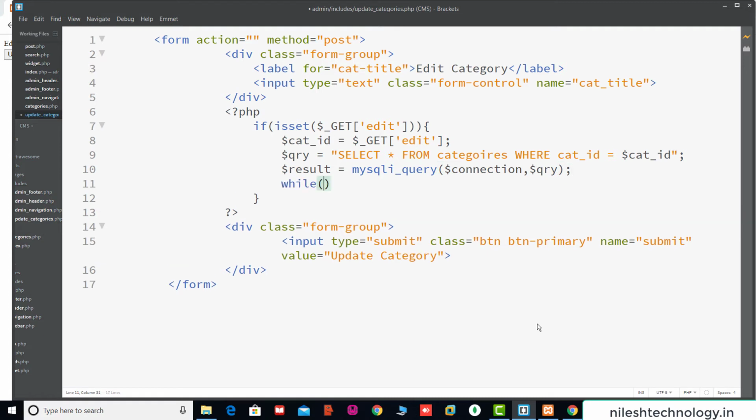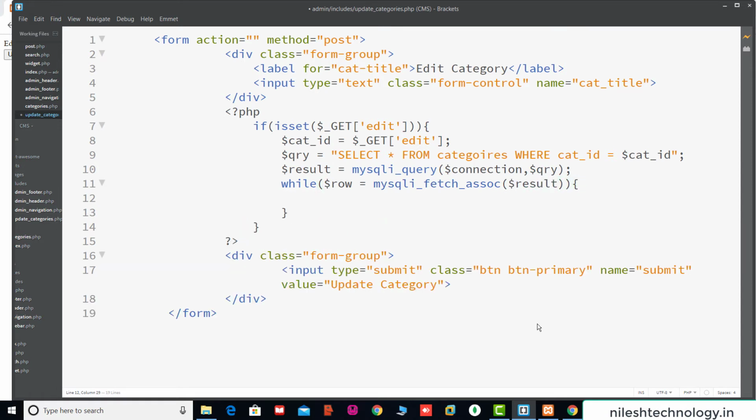Now here we go to this while loop. We get this data, mysqli_fetch_assoc. Pass here the result, and inside this while loop we get the category title. So this is the category title, $row cat title, and this category title variable is displayed on this text box as a value.